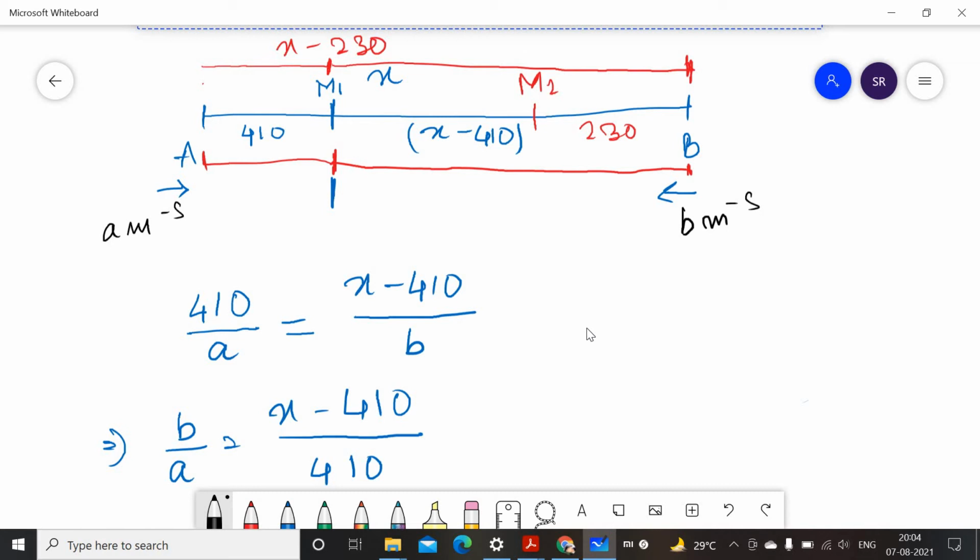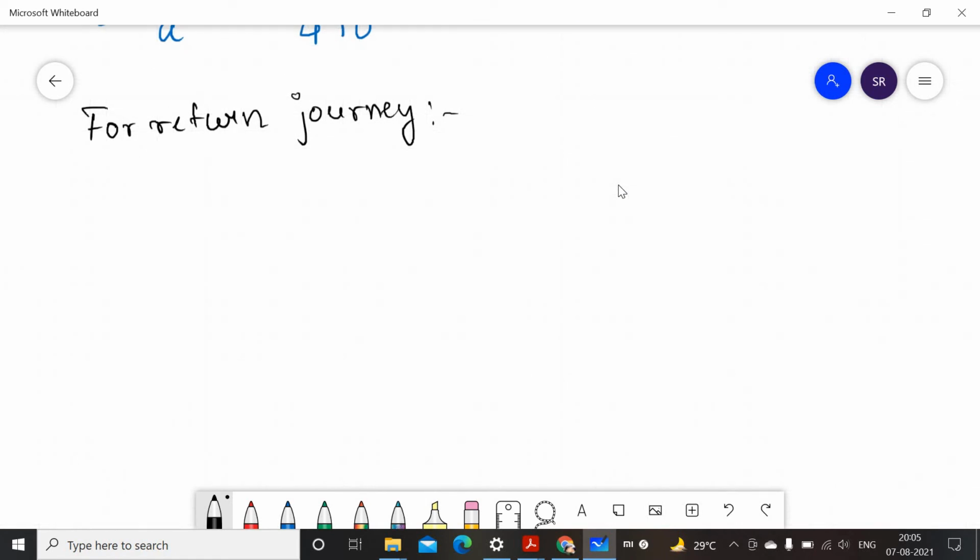So A starts from here and reaches here, so the total distance traveled is x, and then it reaches here, right? So the total is x and this is 230, so x plus 230 is the total distance traveled, and the speed is A, that is equal to,